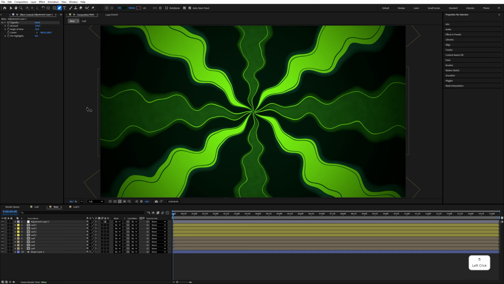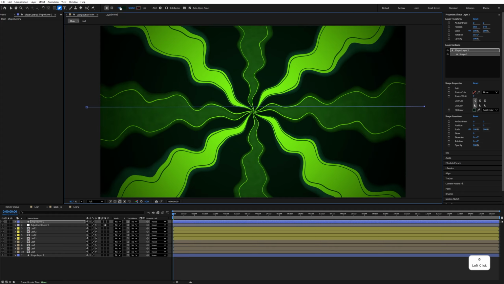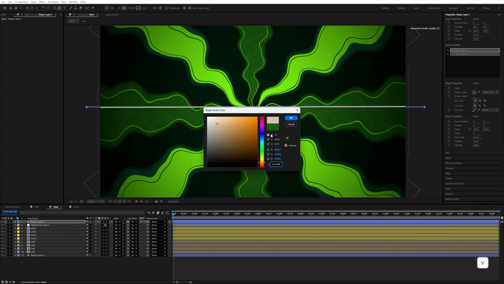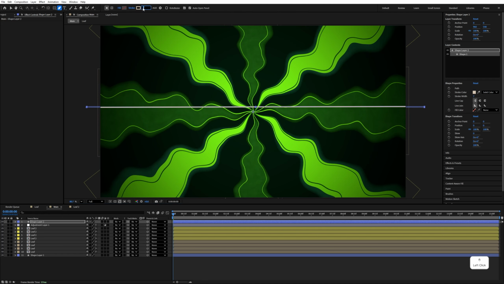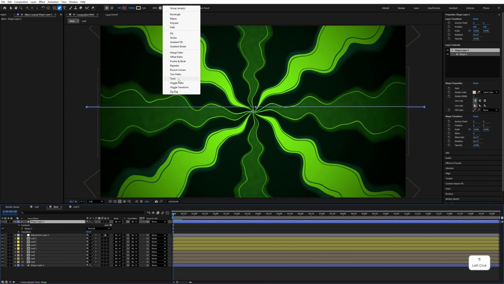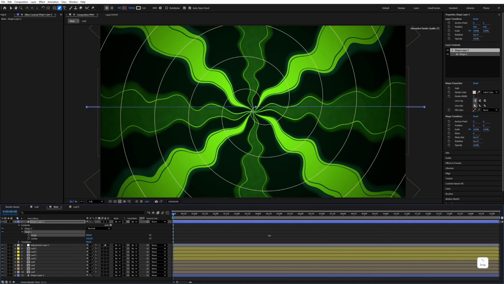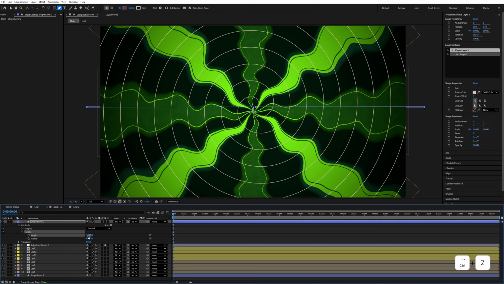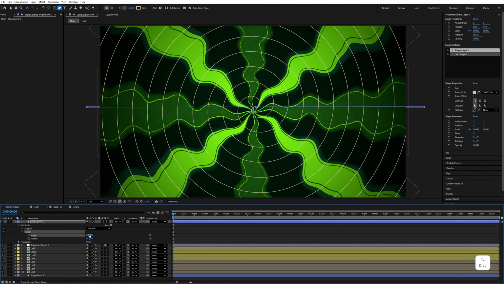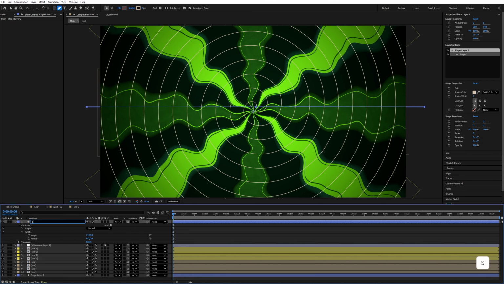Select the pen tool and draw a line and make the fill none, and stroke color, let's use this color and hit OK. And stroke width, let's make it 2 pixels, and click on this icon add and add the twist and expand the twist. Increase the angle like this. It will create this spiral effect, and let's rename it spiral,